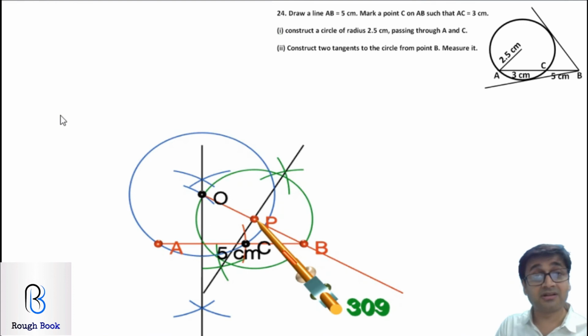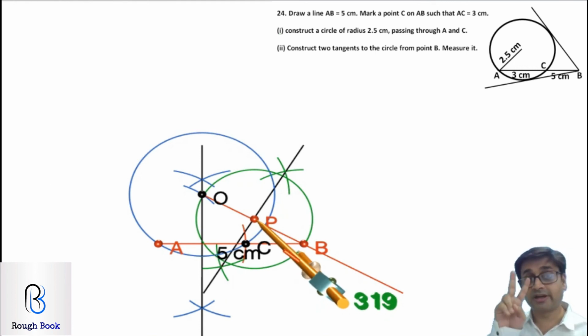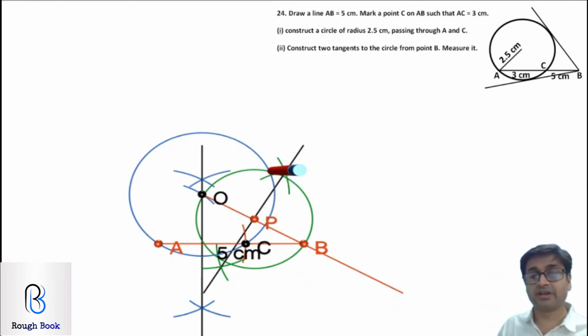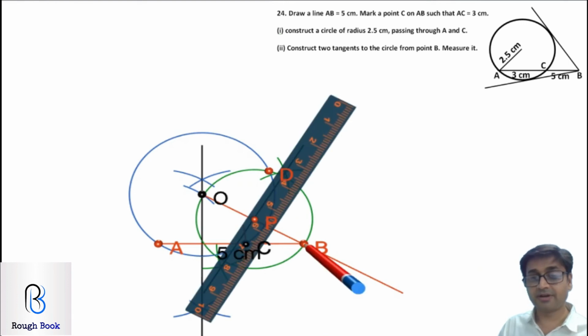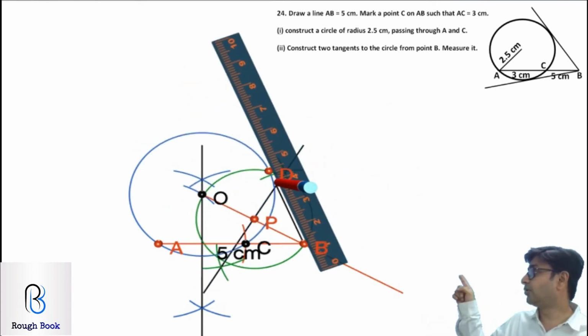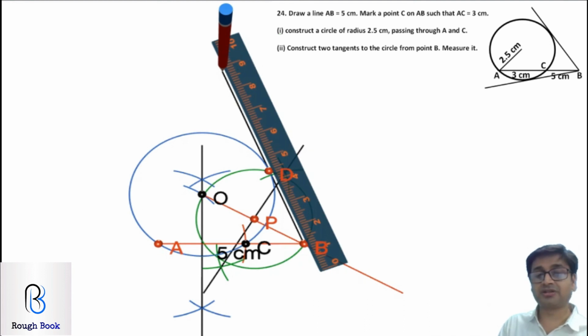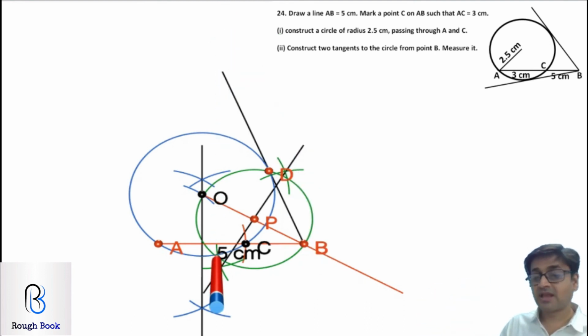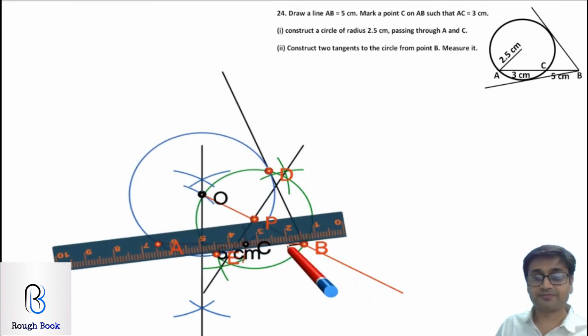Do you remember now how to get the tangents? Great. This point of intersection of the two circles, join with B. Remember, you should get two tangents. So once I draw the circle like this, I'll mark that point as D and join BD. That's your first tangent that is required. Go down, mark that point as point E now, join it with B again, and what you will get is your second tangent. The sum is not over yet.